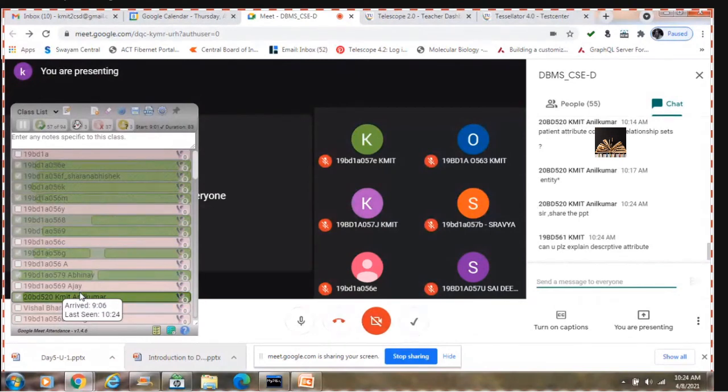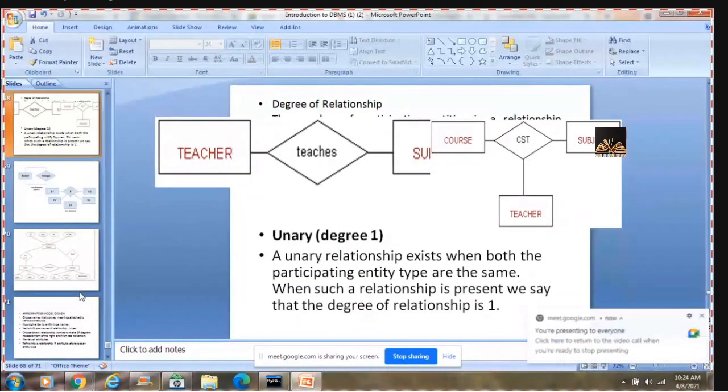A descriptive attribute is one which is describing the relationship. If I have an attribute with respect to a relationship, then that particular attribute is called a descriptive attribute.